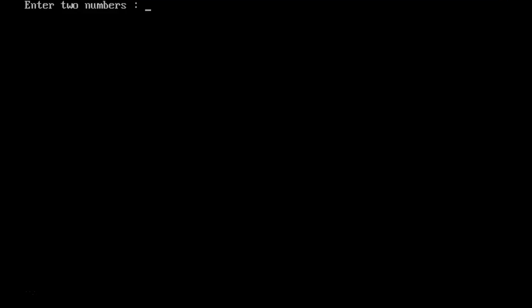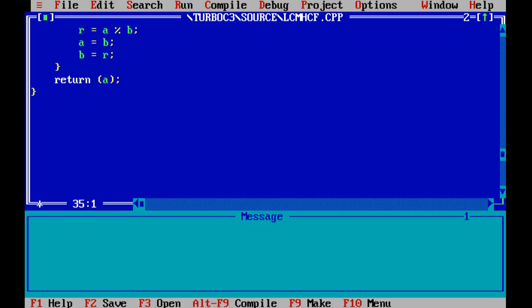Okay, so we did it for 18 and 24. So HCF or GCD is equal to 6, LCM equal to 72. Okay, 2, 3, HCF is 1. There is no common factor, so 1 is the common factor. LCM is 6.